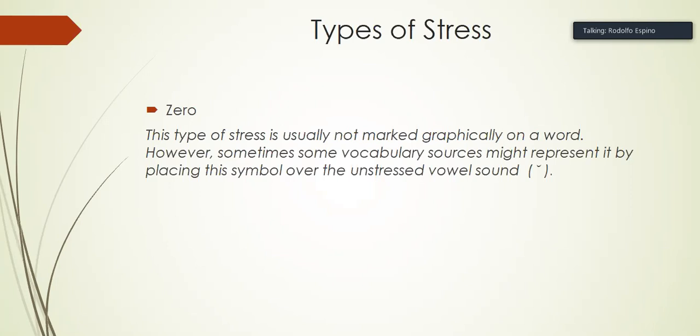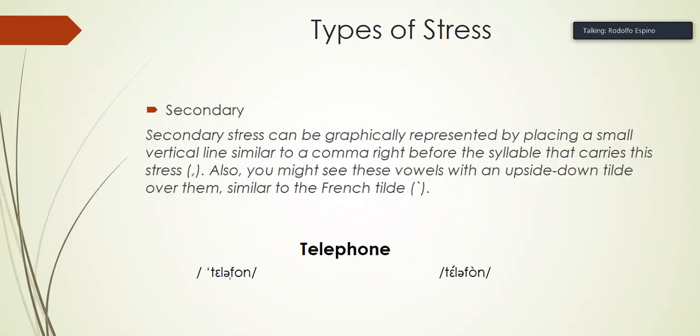The second one is unstressed. This type of stress is usually not marked. Okay, so there is no graphic representation as you can see here in telephone, right? There's no graphic representation for the l sound. However, in this system here, okay, the one with the tildes,